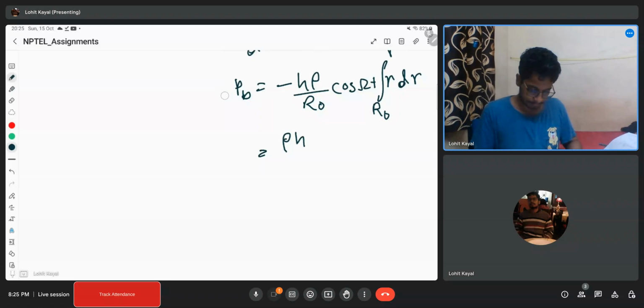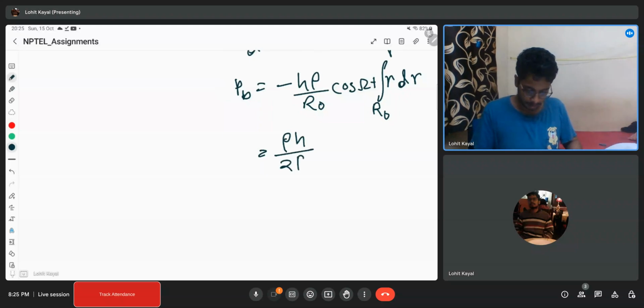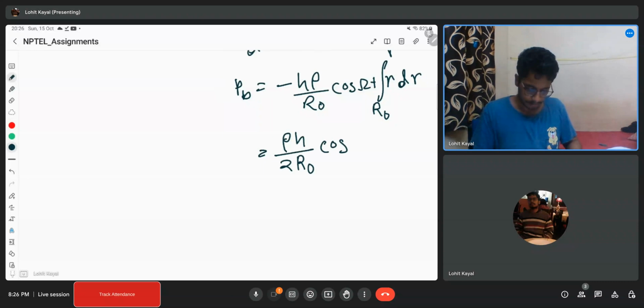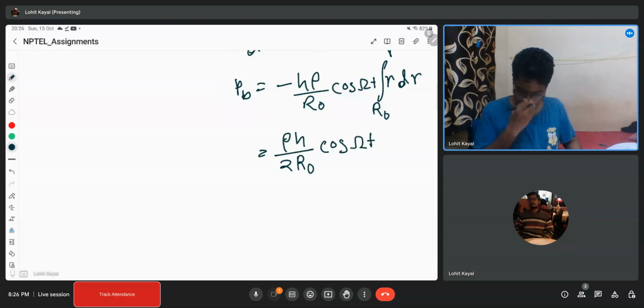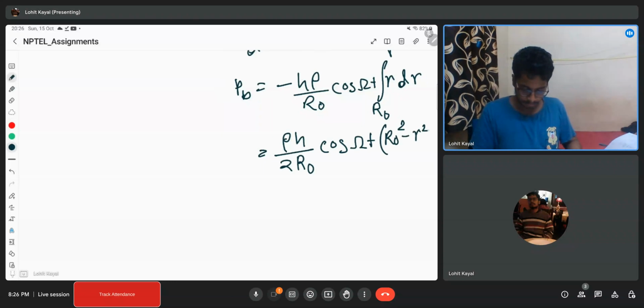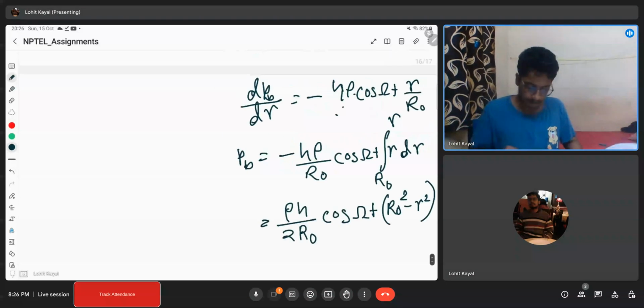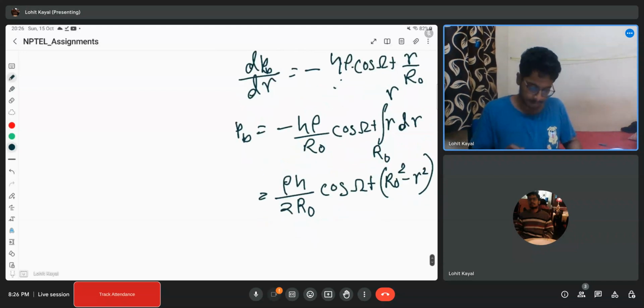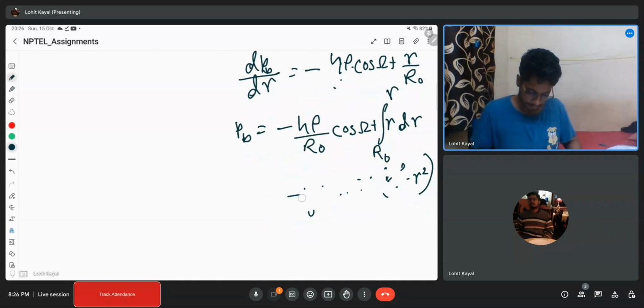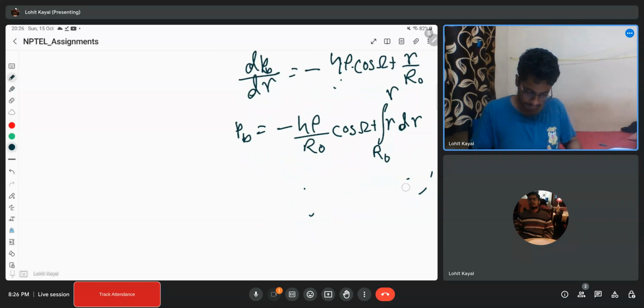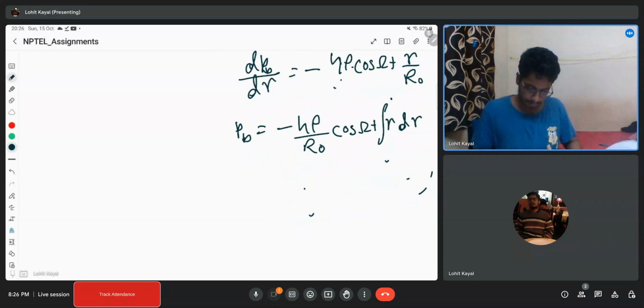If you do that, we will get rho h pb by 2 r naught omega t, r naught square minus r square. But wait, there is one correction. Let us not solve it in this way. Integrating r dr,